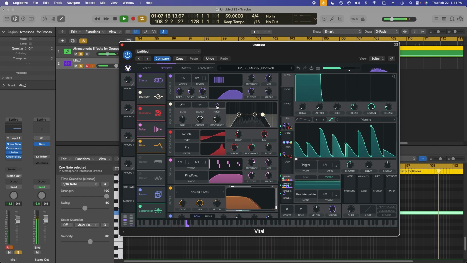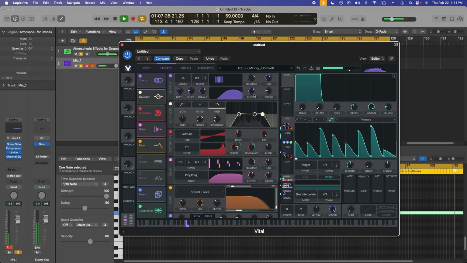And since this has a lot of sounds, it actually created a lot of high frequencies, so I just got rid of them with an equalizer. And then I went on to add a distortion unit, a soft clip. And yes, as I said before, the drive is being modulated by LFO1, and actually the mix is all the way up, but I can bring it down,